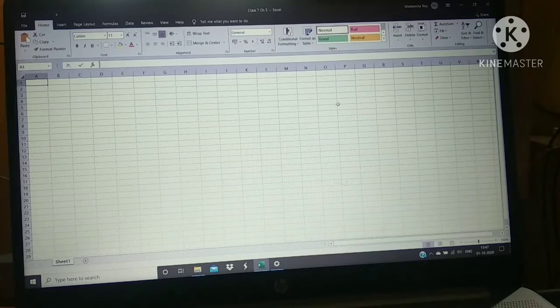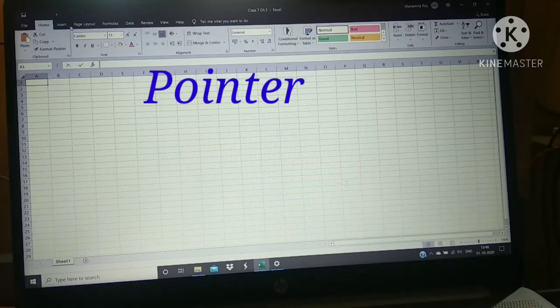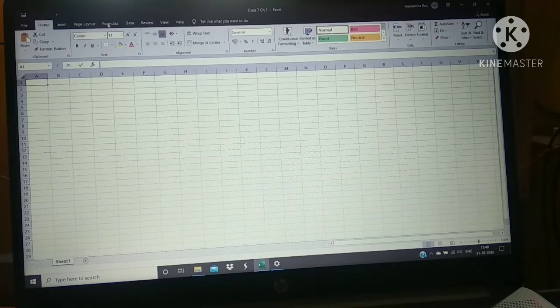Once we are on this Excel sheet, look at the screen where I'm moving the cursor. This area is known as the quick access toolbar, where you can get many functions such as home, insert, page layout, formulas, data, review, view, help.